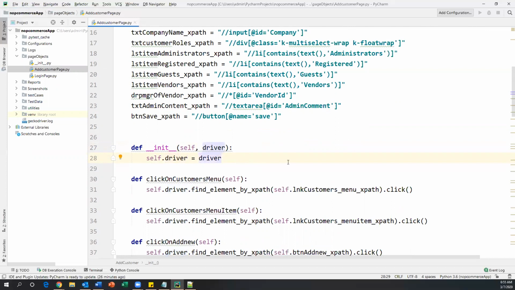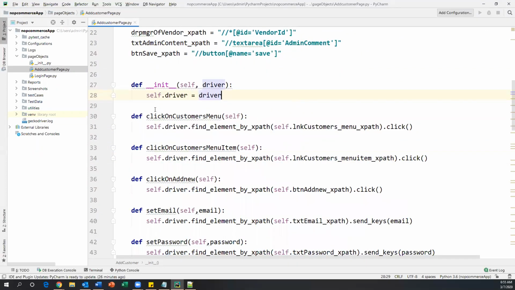All right, so now we need to start from the beginning. These method names are user defined. We can give any name, but while reading the name of this method, you need to know exactly what this method will perform. Let's say click on customers menu. By reading this method, you will know exactly what it will do. It will click on customers menu, then click on customers menu item.